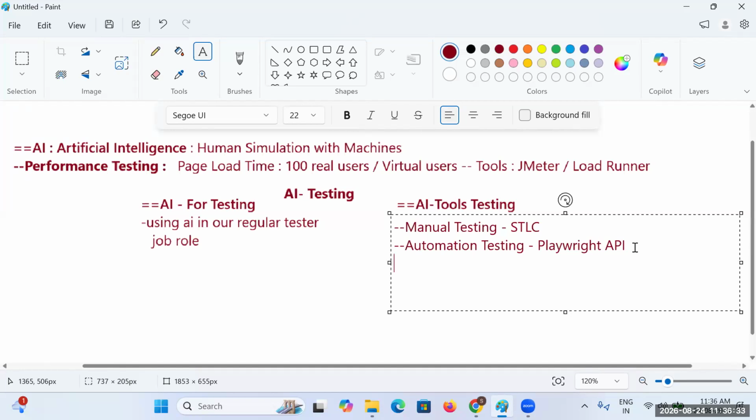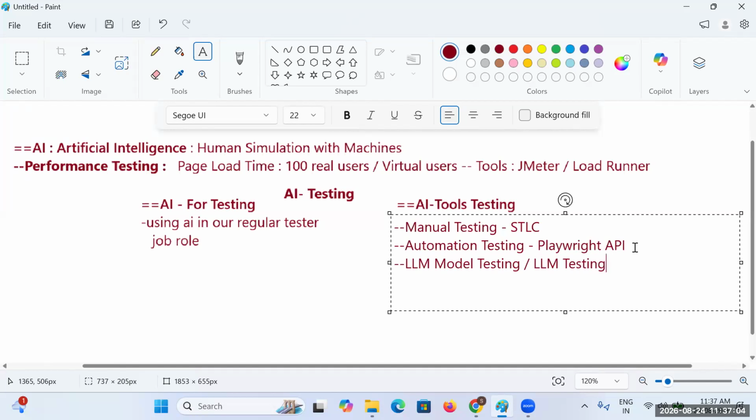And after that, I will be mentioning that because of AI, we got one more option, the LLM model. LLM model testing, or sometimes in simple terms people will say LLM testing here.